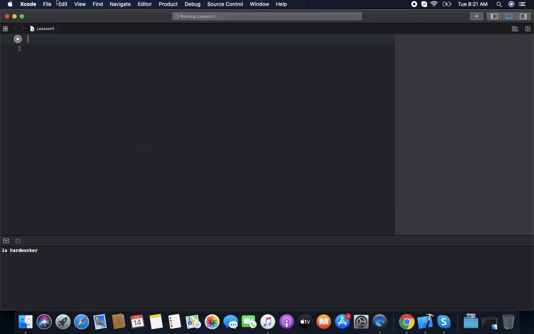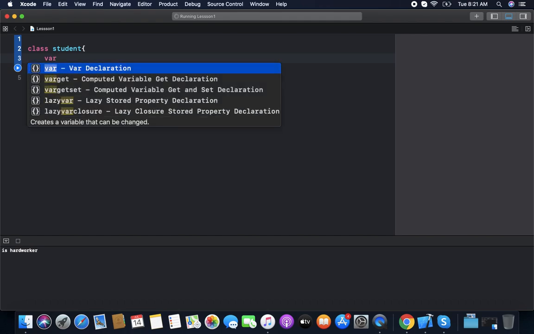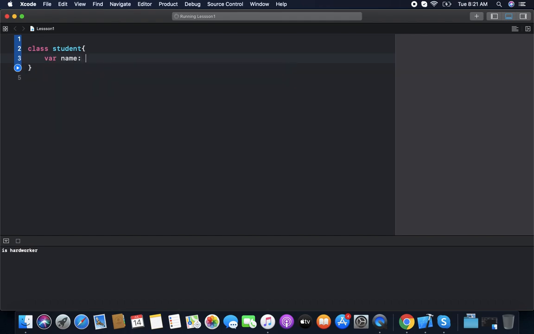So we learn it with code. Like we have a class Student. We have variables name and age, and we have an init with name and age.